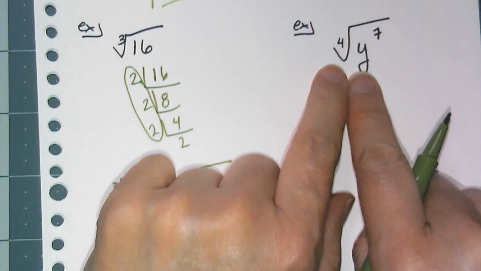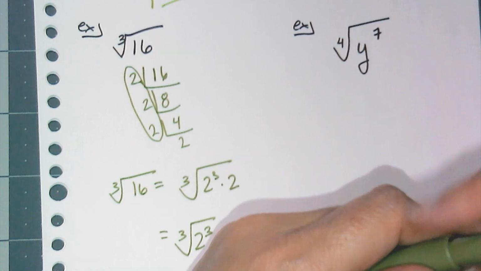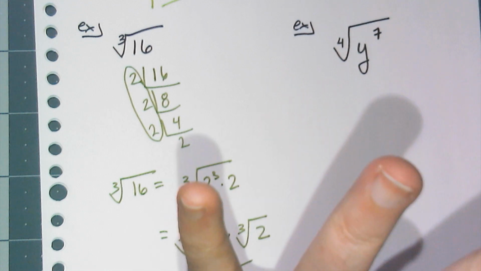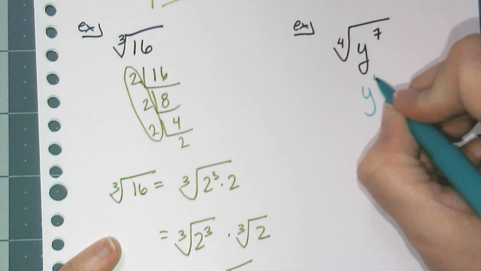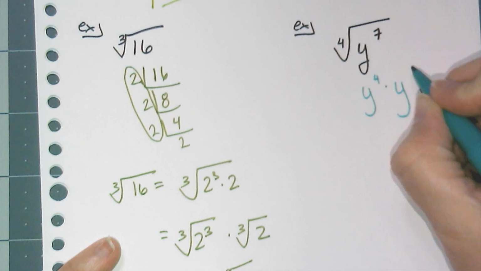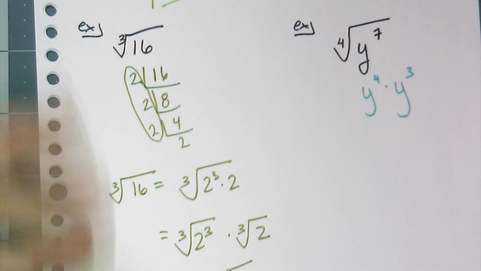So if I look at this example here, y to the 7th, I'm looking for y to the 4th power to be able to come out of the radical. And so I can rewrite y to the 7th as y to the 4th times y cubed. Remember the exponent property, add the exponents if I'm multiplying together. Do it in reverse,